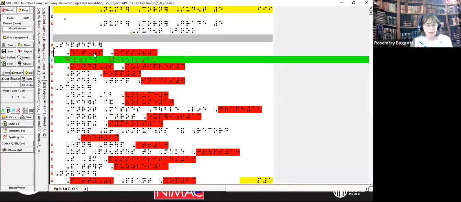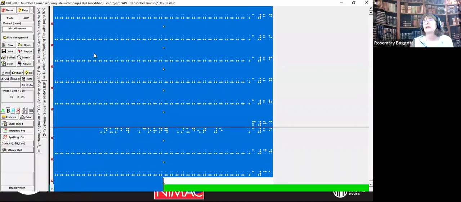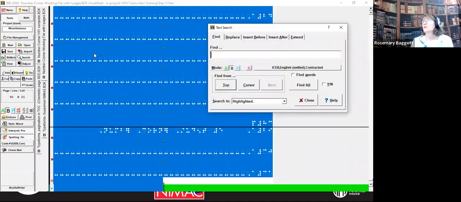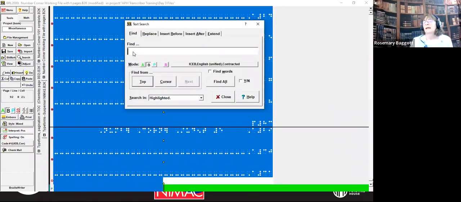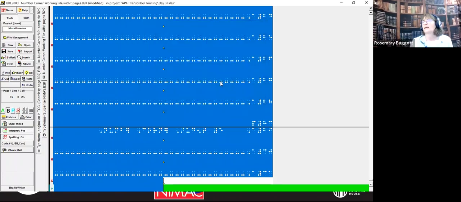So I'm going to select the whole file, Control-Shift-N, and I'm going to go into the search and find, back over here, and enter the apostrophe. Enter the single quote command under find. I'm going to find that. I'm going to replace it with the apostrophe, and I'm going to replace all in the highlighted portion. Okay.